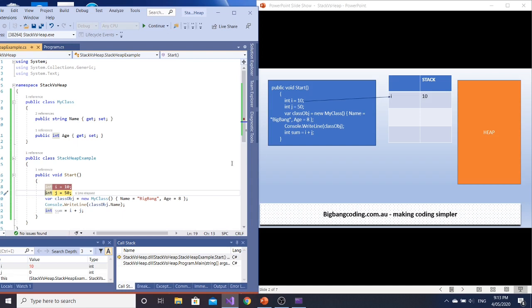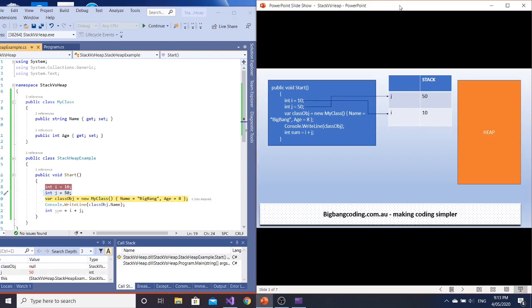However, when I execute my next statement, j, let me execute it. Can you see that? It has moved to the next statement. In my PPT, let me move to the next statement. You can see that my i has been shifted down. That is what stack means. And then my j comes on top of i. It has a value of 50, and i is now 10. Both variables are on the stack. So far my heap is blank. I don't have any object in the heap so far in this execution of the Start method.